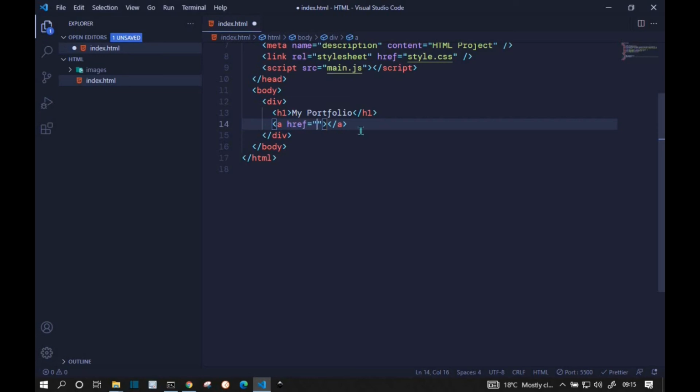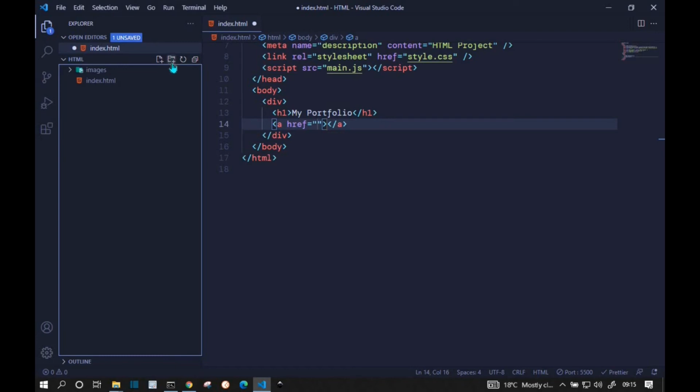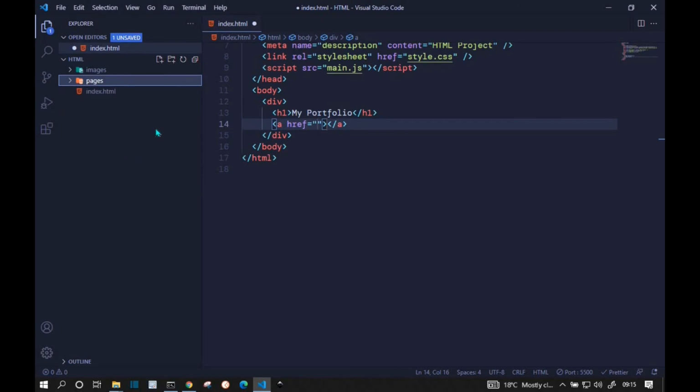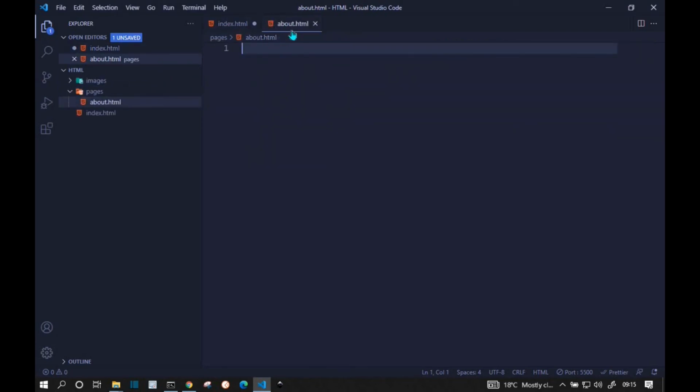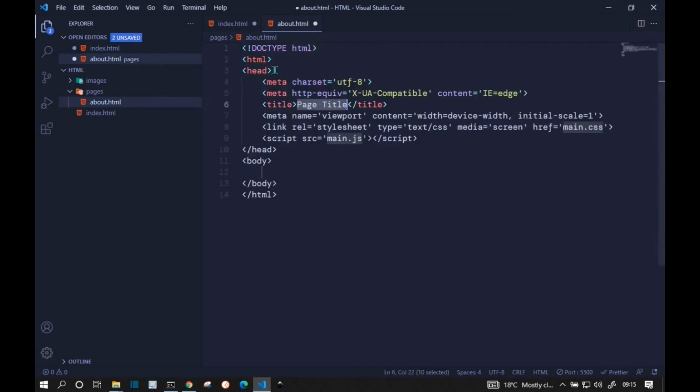Now to correctly demonstrate this, let me just add another folder. I can add a folder using this particular icon. I call it pages. I hit enter, and then inside the pages I create a file called about.html. I hit enter. Now in about.html we can generate a HTML sample using control space, and then I click on HTML sample, and you'll see that this initial structure of our web page will automatically be generated for us.